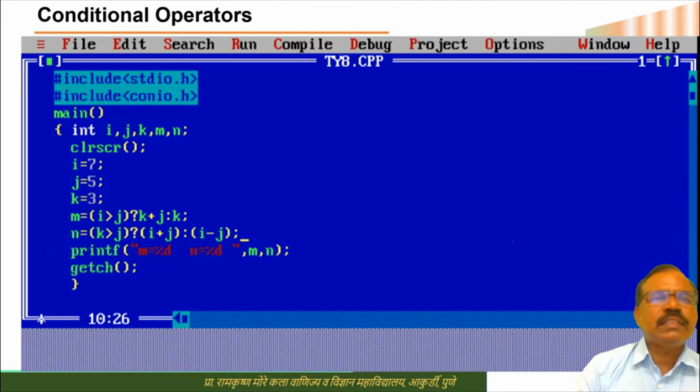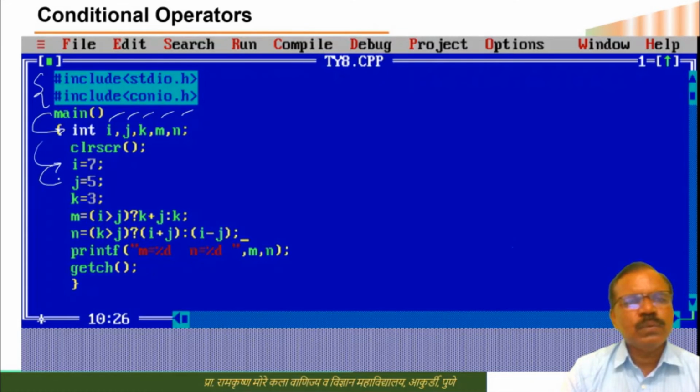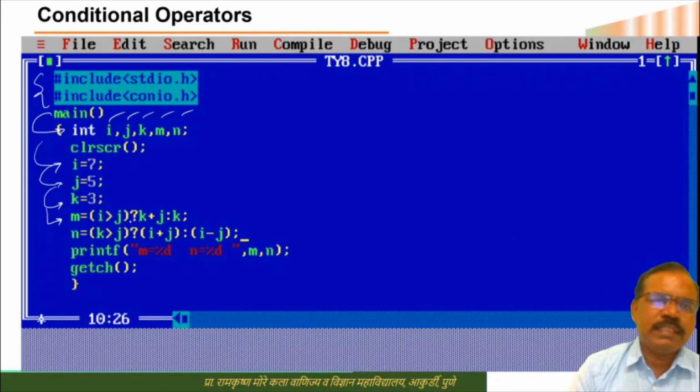Now we will take the next C program. These are preprocessors. Then control enters here. Again 5 memory locations are reserved. Then when control comes here, 7 is stored at the memory location of i, j equal to 5, k equal to 3 and so on. Now when it goes here, we have an expression, and on the right hand side we have an expression using the conditional operator.